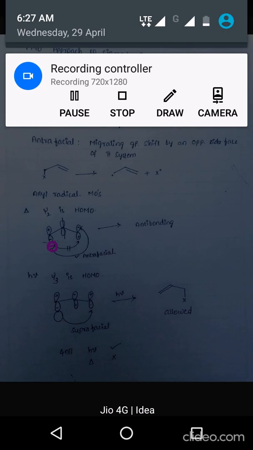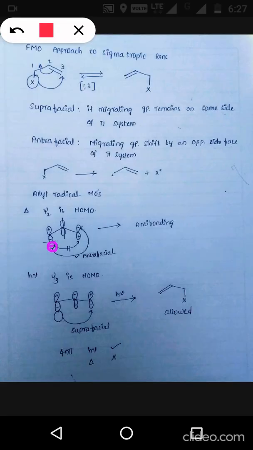Now let us check whether it is possible under photochemical conditions. Under photochemical conditions, you know that an electron is excited from the HOMO to the next energy level. So an electron will move in the allyl radical from Psi2 to Psi3. Now the HOMO of the allyl radical in the presence of light is Psi3. Draw Psi3. Psi3 is an odd numbered molecular orbital. For an odd numbered molecular orbital, the plus sign lobes will be on the same side on the end p orbitals. So this is the Psi3 molecular orbital of the allyl radical.